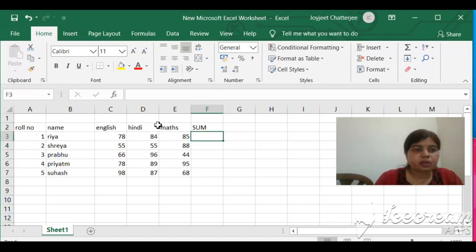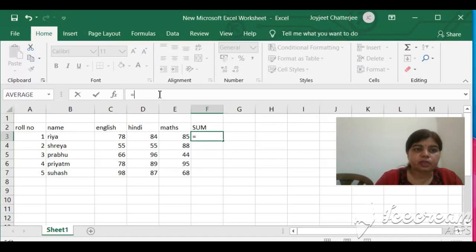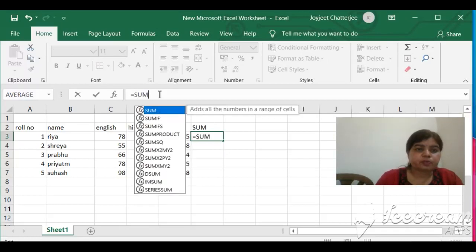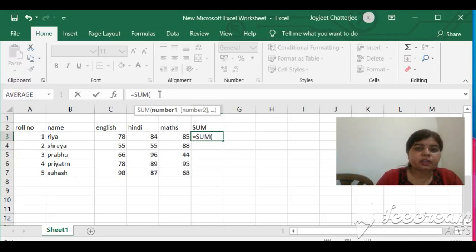So for that, first of all, select this cell, and after that, click on the formula bar. As you know, the first rule is to put the equal sign. After that, the second step is to write down the function name, that is SUM. Then within a small bracket you will write the argument.